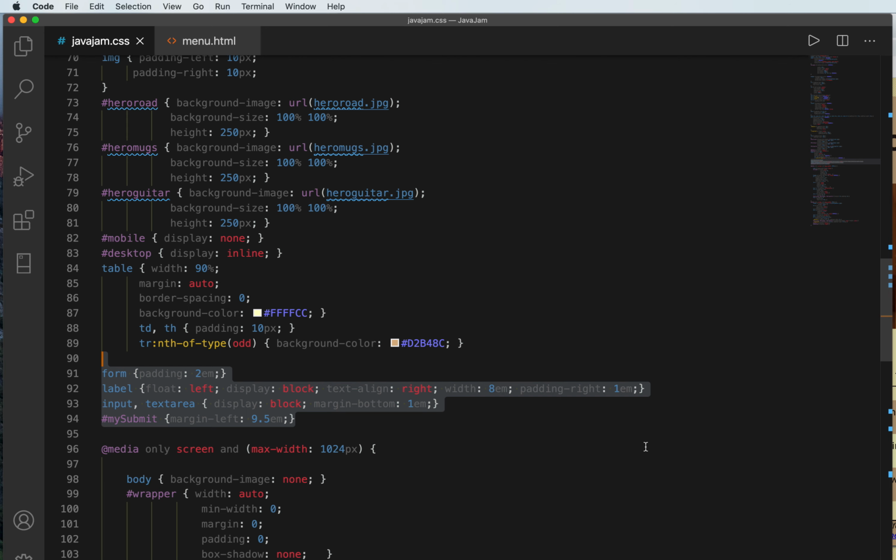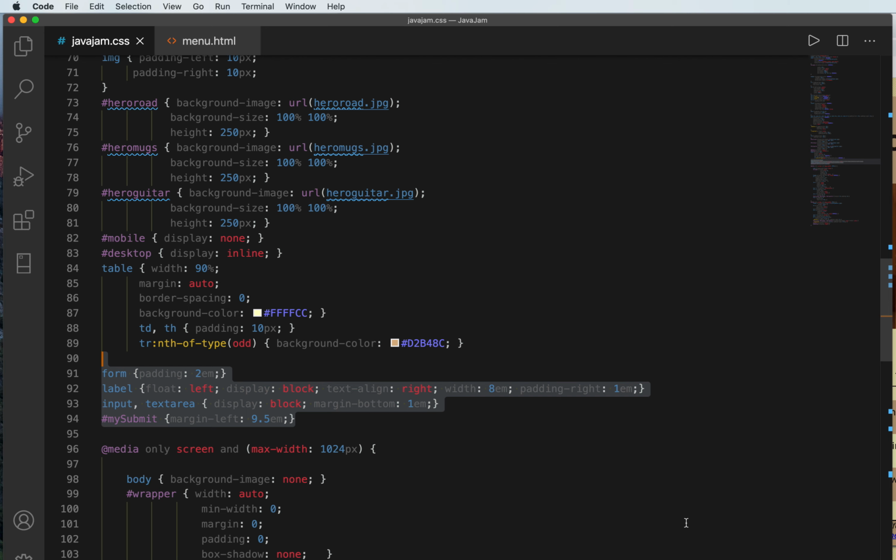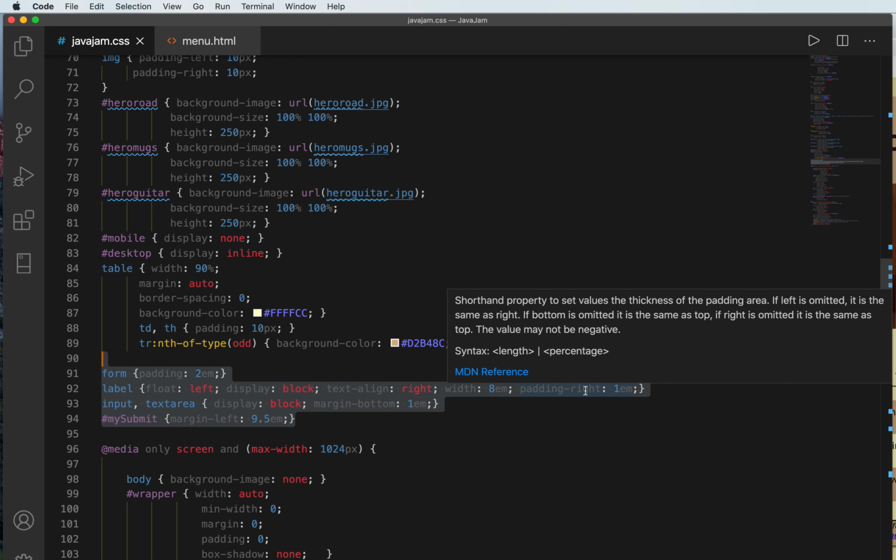Task 1 says to create a form element selector with style declarations that sets padding to 2em. So we've done that here. Step 2 says configure a label element selector to float left and with block display. So that's display block. Set the text alignment to right. So we use text-align right. Assign a width of 8em, so we did width 8em,